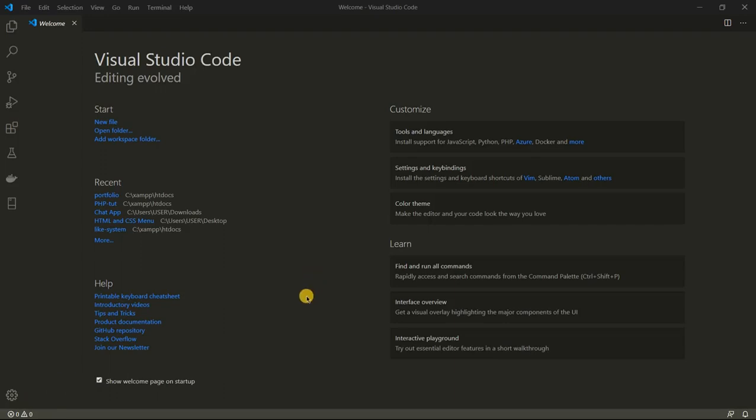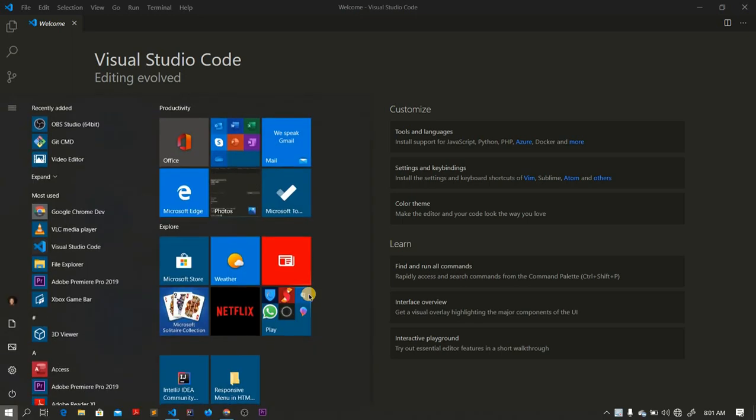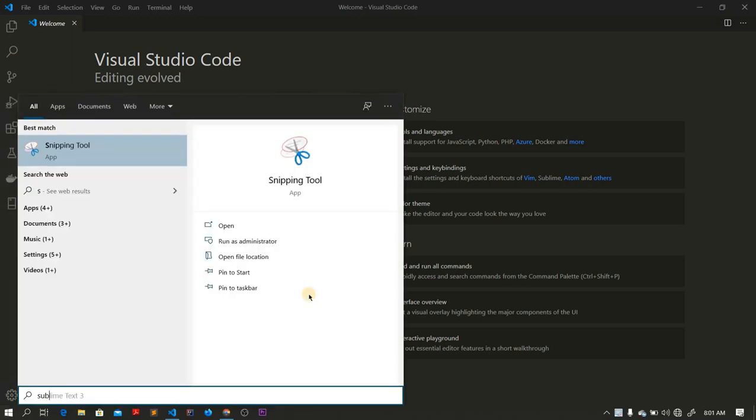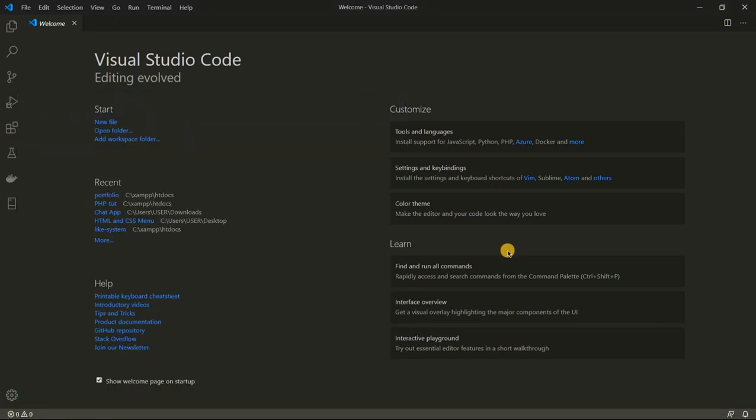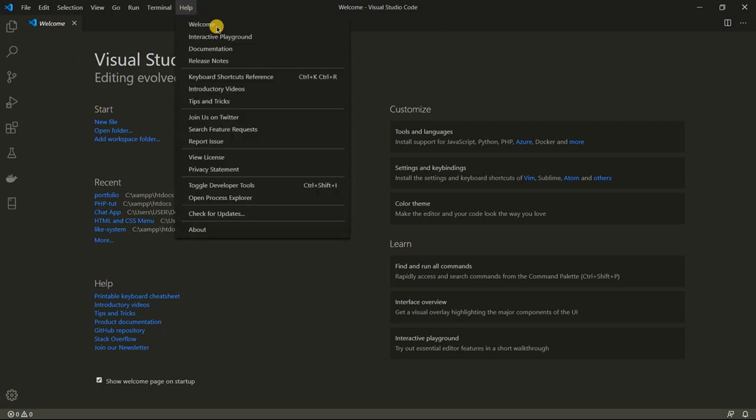Hello. To import the Sublime Text shortcut keys, you have to install Sublime Text on your system. If you check mine, you can see that I have Sublime Text already installed. What you have to do here is come to the welcome screen. If you don't have the welcome screen open, you can just click here and then click on welcome